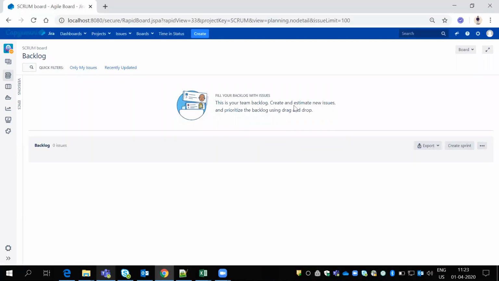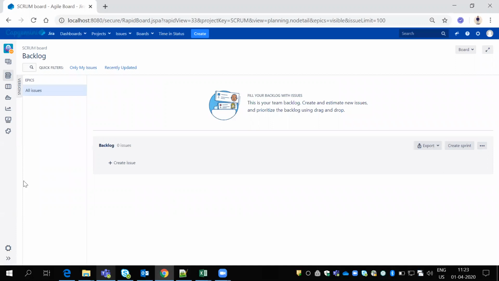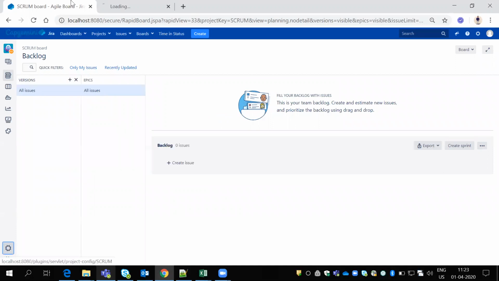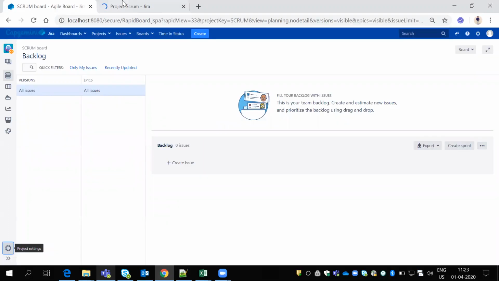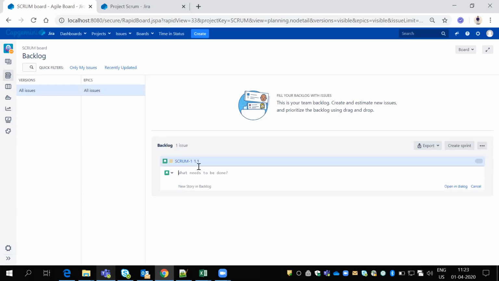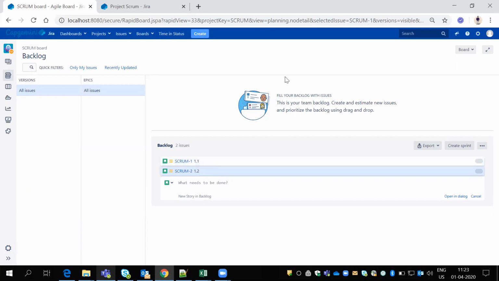Okay, so I created these projects here, and I'll create some versions. So everything should come to there. So I'll create some tickets. Find one. Find two. I want to create an epic.